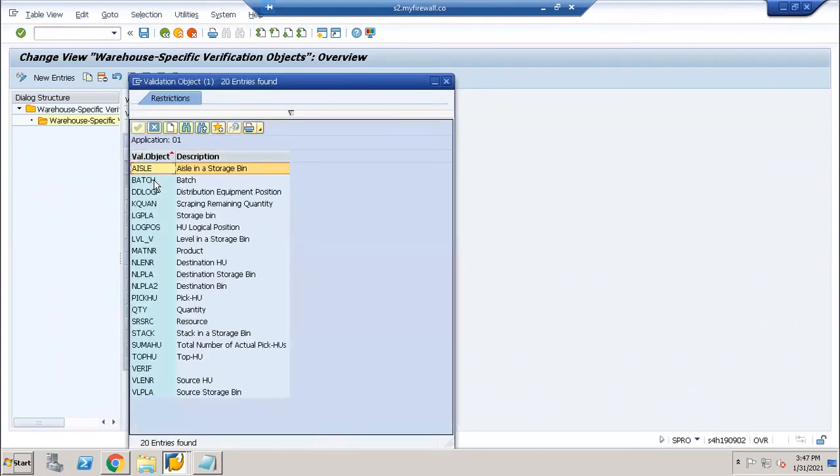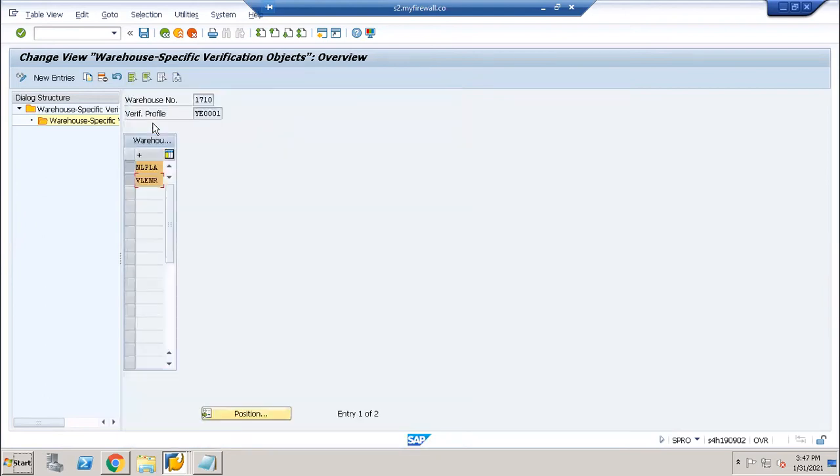F4. It is the source storage bin. So based on the storage bin values, we are having this particular verification profile. So this profile has to be defined in the storage bin value. So where is this in the storage bin? That's also we can see, right?